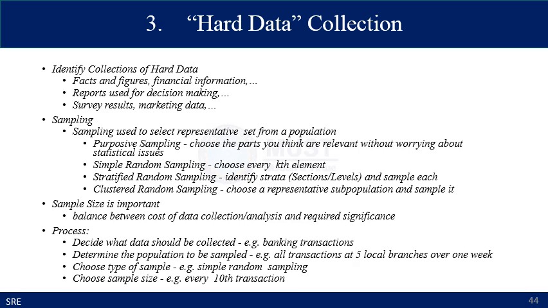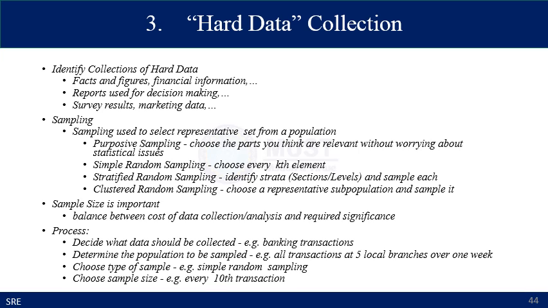The third traditional technique is hard data collection, which identifies the collection of facts and figures, financial information, reports used for decision making, survey results, or marketing data. You can conduct sampling to select a representative set from the population, using different ways of sampling such as purposive sampling, simple random sampling, stratified random sampling, or clustered random sampling to choose a subpopulation or a part of the population and use it to collect hard